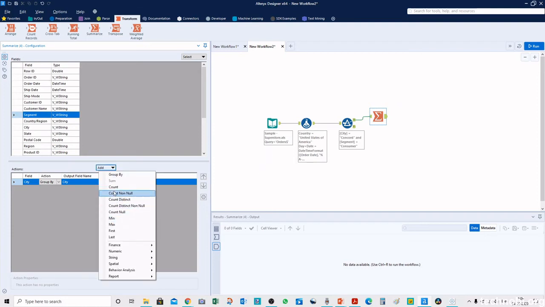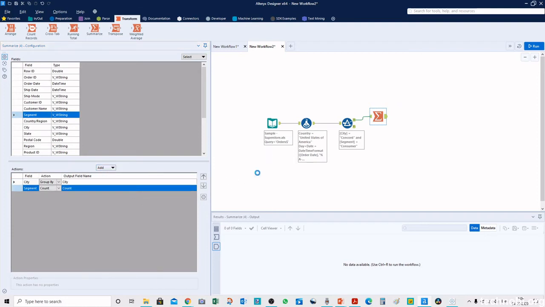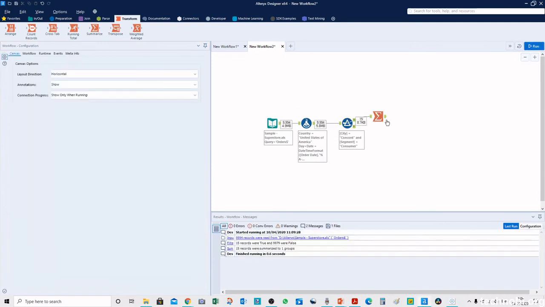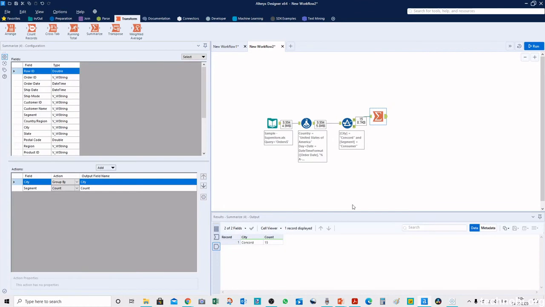So we will say count, and now we'll stop and we will rerun the workflow. And if we click on this output anchor, it will show us the result here.